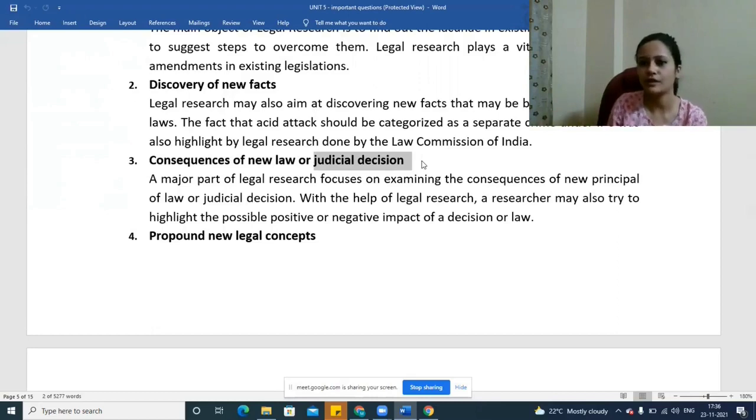Even if someone is appearing for exams like CLAT, not judiciary as such, there also questions will be based on latest judicial decisions. So when we are studying a latest judicial decision, a decision that was given by court might be a few months back, we try to understand its consequences as well. Because court said like this, what will happen? What will be the consequences? That also may be legal research that people will do.